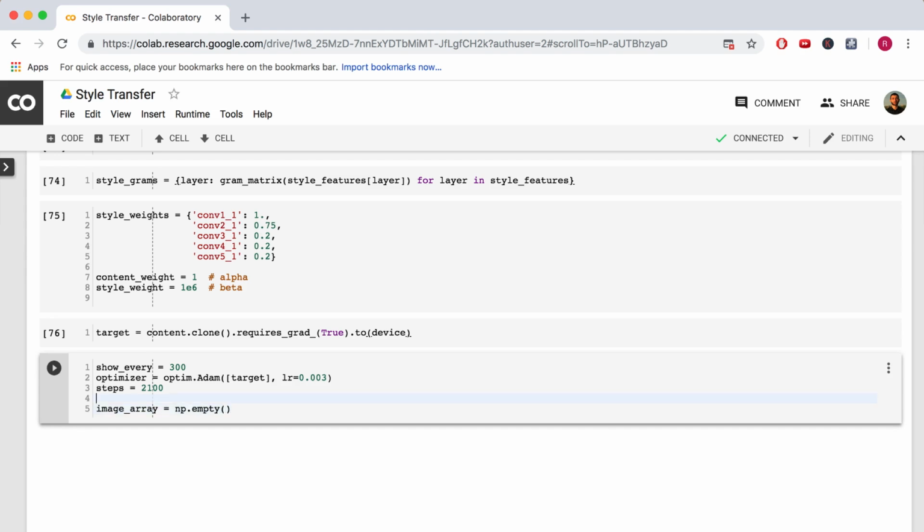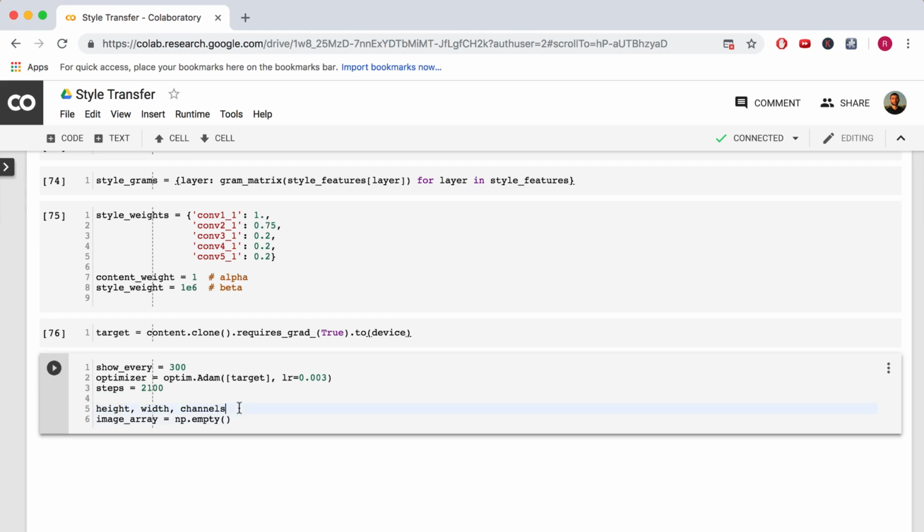Let's add a preceding line that unwraps the shape of our target image. We have the height, we have the width, and obviously the number of RGB channels. And now placing our target tensor inside of our image convert function, we can do that to get the shape of our tensor image as an RGB image. And now we can go back to our image array that we defined, and we can fill it up with dimensions. In order, we define the image height, width,